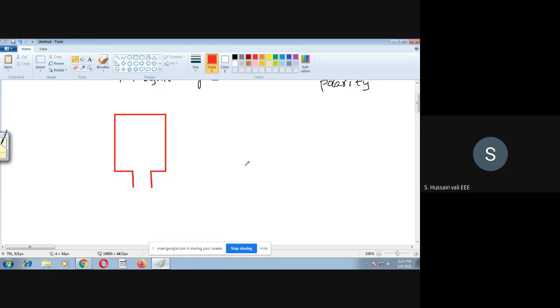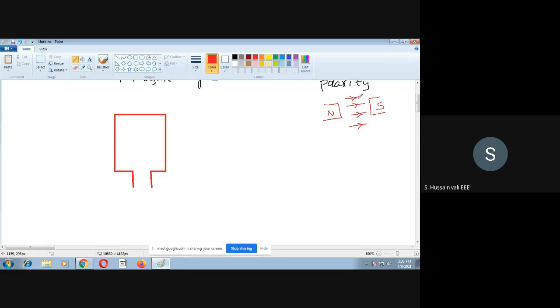So now assume that this coil is in the presence of a magnetic field. This coil is present in a magnetic field. So magnetic field in the sense, for example, see here. If I put here north pole, and here south pole, everyone knows that the flux lines travel like this from north to south pole, from left side to right side. For example, see, something like that.